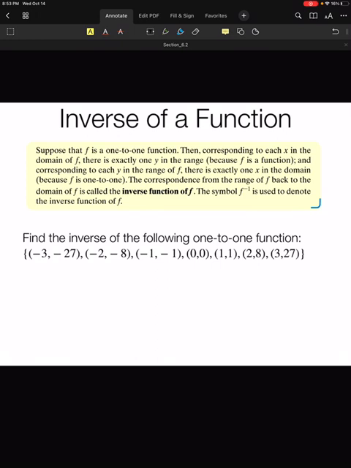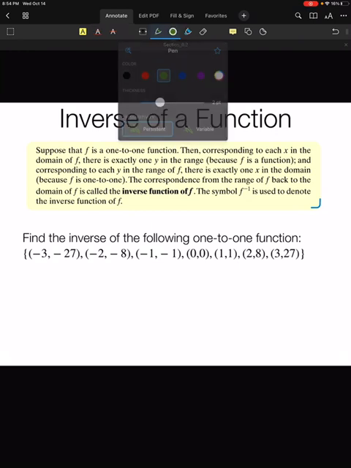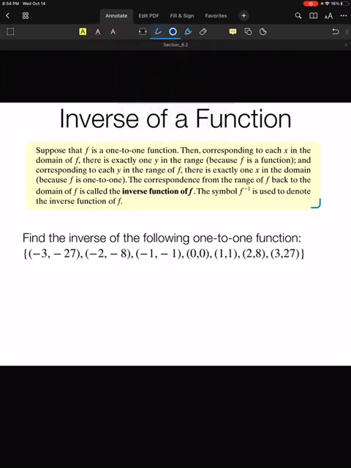In this sort of mathematical definition type stuff, they need to lay out the facts first. And so that's what they're doing in the first two sentences. The corresponding range of f back to the domain of f is called the inverse function. The symbol f inverse, or f raised to the negative 1 power, is used to denote the inverse function of f. And so what they mean